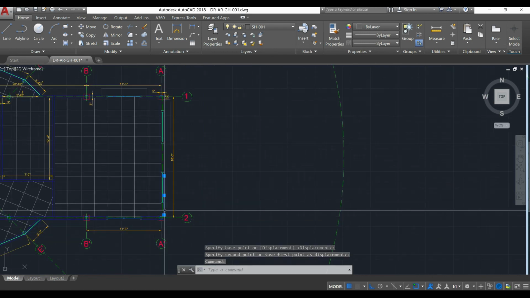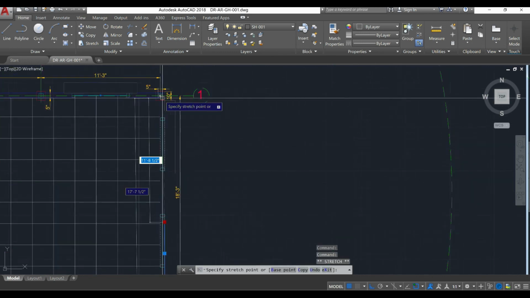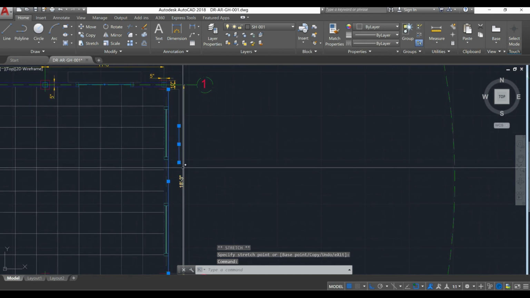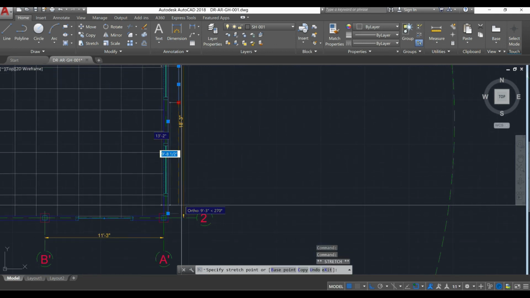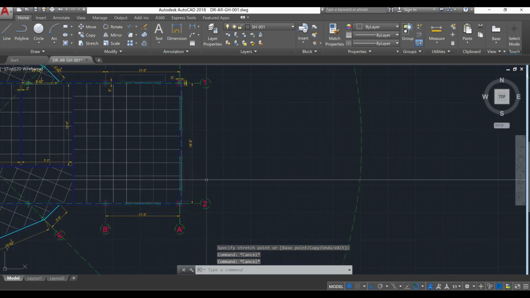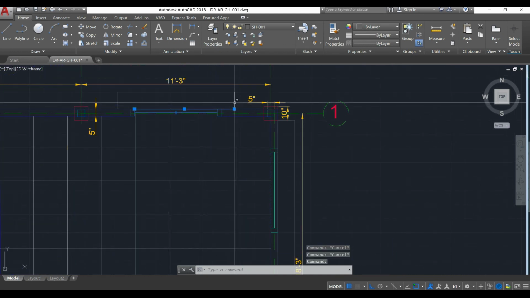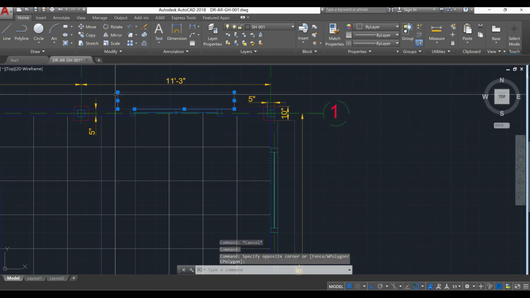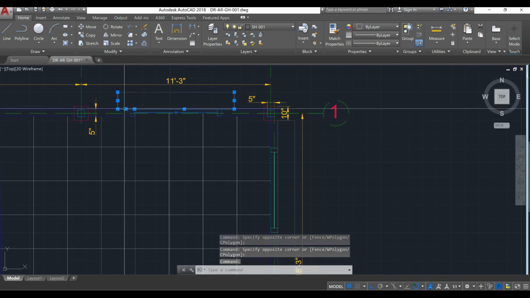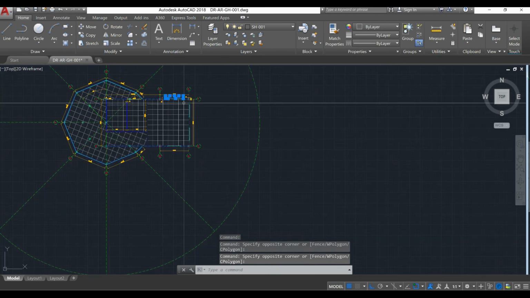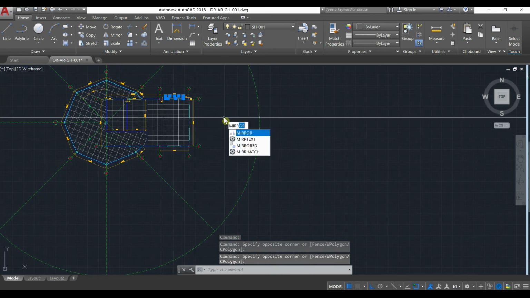Now we need to extend this line to here, and we can extend this line down here. So now let's perform a mirror. We are almost there. So mirror,